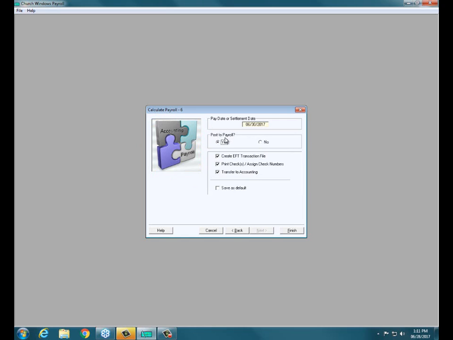So now I want to go ahead and post to payroll. I want to keep that checked yes. If you have direct deposit and you want to create your EFT file for the bank, then you want to make sure that's checked. If you want to print checks, then make sure Print Checks Assigned Check Numbers is checked as well. And if you're going to transfer this to accounting, which we do recommend, rather than entering it separately in accounting as a separate transaction entirely as a journal entry,